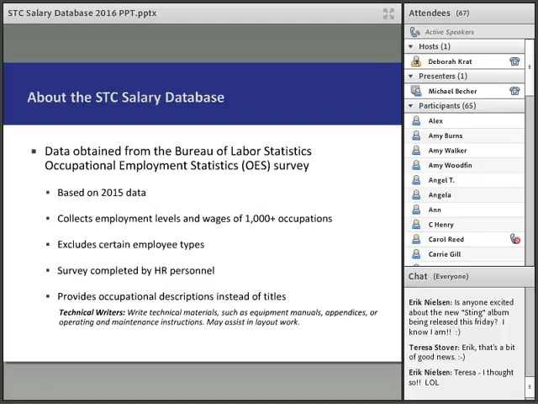Now, obviously, the people who are technical writers will be able to tell, hey, does this match what I do? But people being who they are and businesses being what they are, a lot of people wear multiple hats in their jobs. So that may fit you perfectly, or you may have other responsibilities beyond that, or maybe you don't have all of those responsibilities. But as long as it's pretty similar to you, this should be good information in the report that can really provide you insights into both employment and wage trends of your profession.